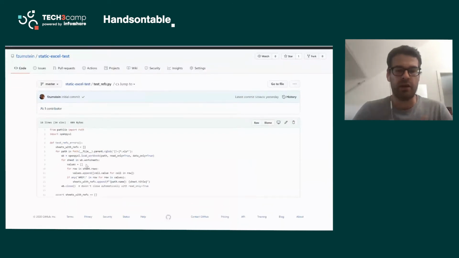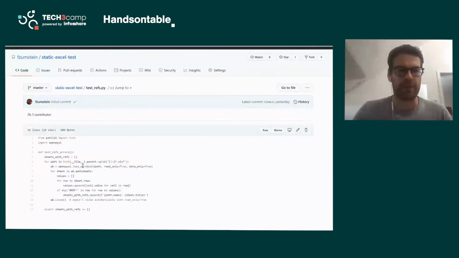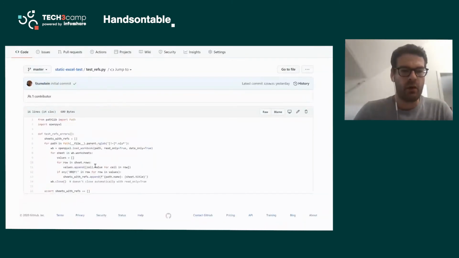And I'm actually running this with PyTest here. Let me try to make this a little bit bigger. All we do here is we run through all the Excel files which are part of this repository. We open them using OpenPyXL, and then we just go through all the values and check if there is